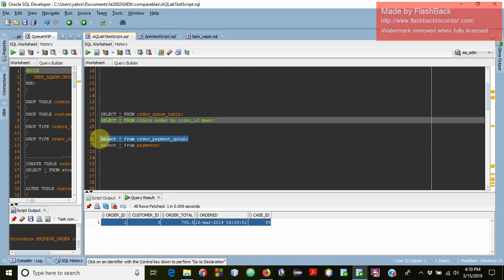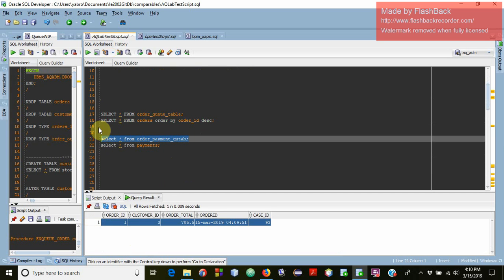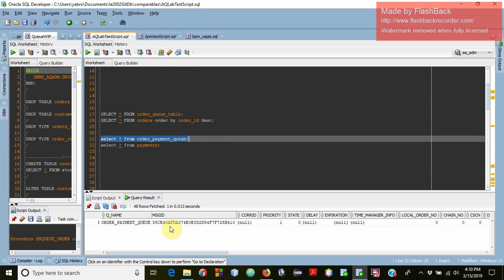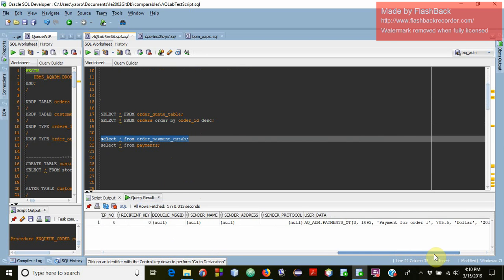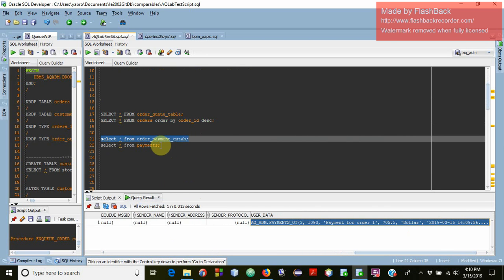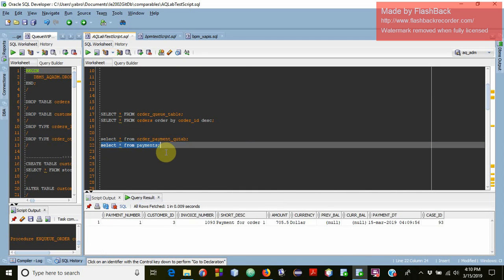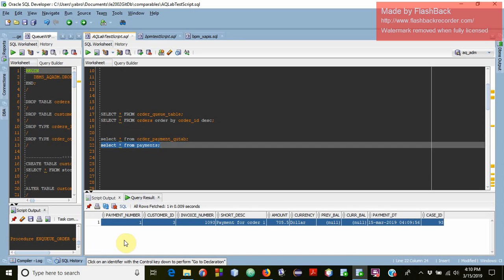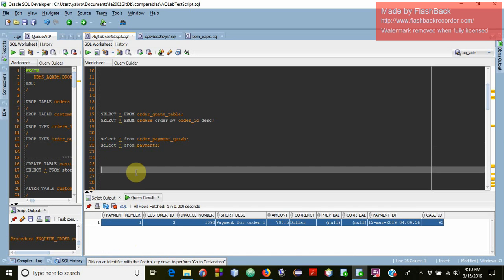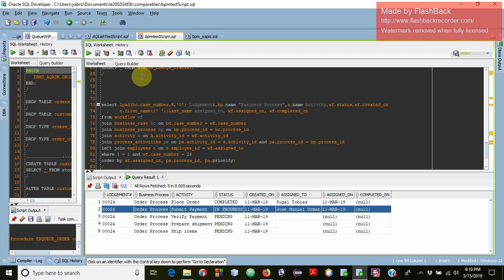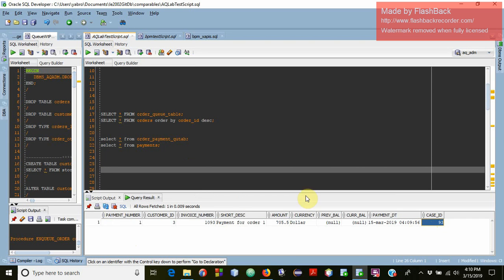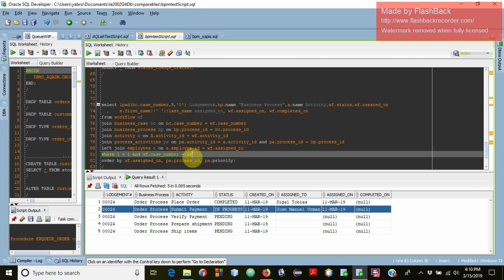Let's take a look at the queue table, the order payment queue table. There is a payment message right here, and this is the payload. It should have also been dequeued and processed into the payment table, so we should have a record right here. Yep, so we do have a payment here. So this confirms that all the components of our new application are working correctly as expected, and we can trace that in our workflow. So if we take the case ID here and use that to trace the workflow,